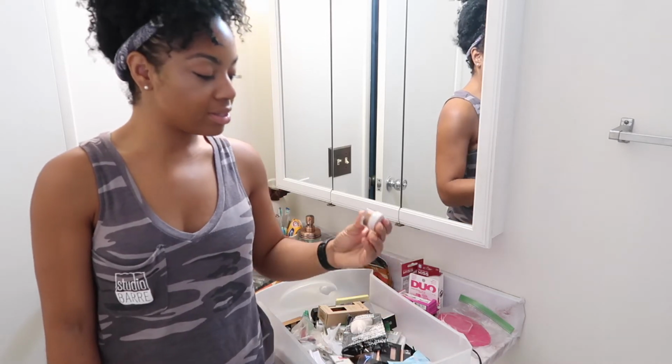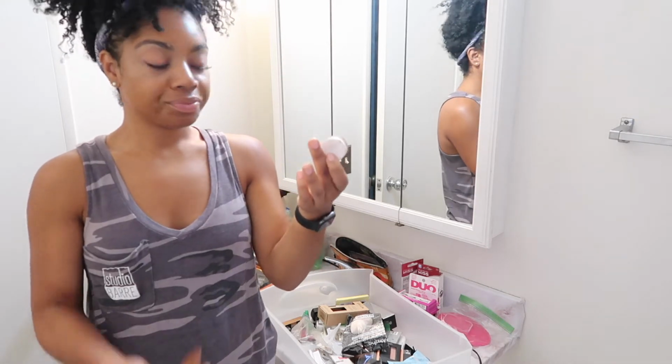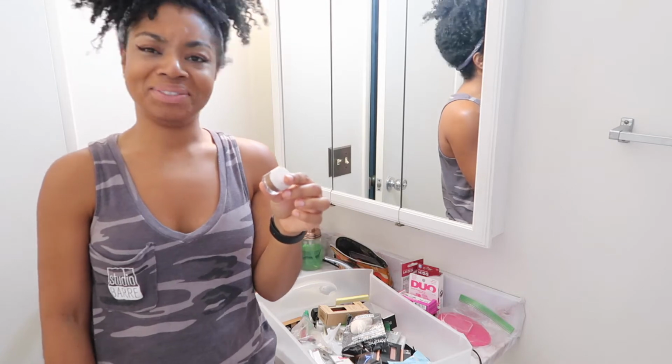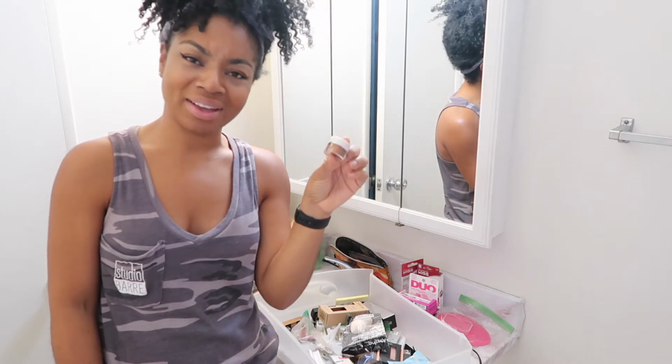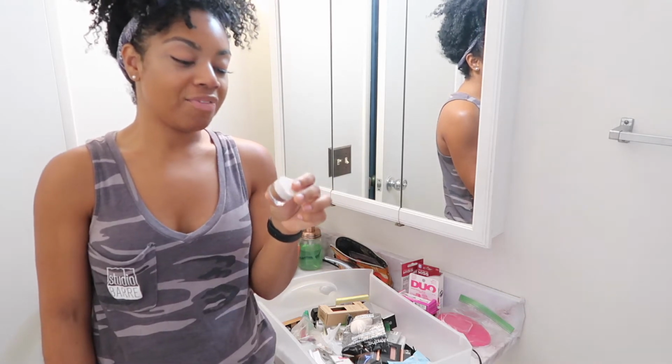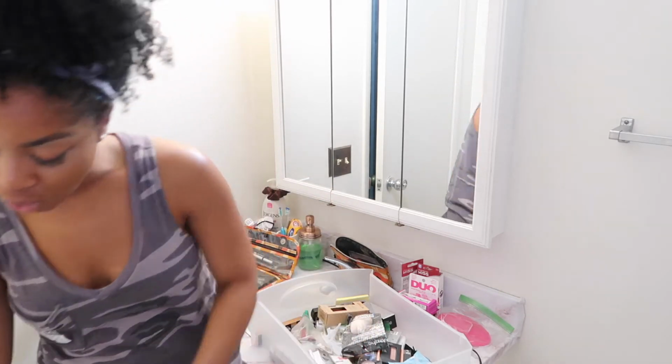Okay, but like this little e.l.f. eyeshadow, I think I got in 2015. Like, it's e.l.f. It was $1. I think I'll be okay if I don't have it, because I have a whole